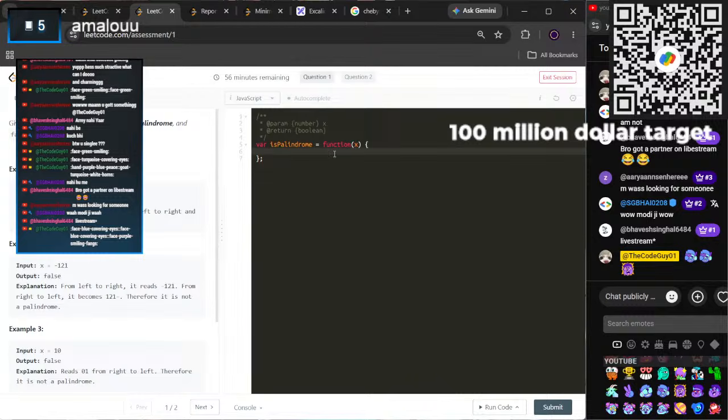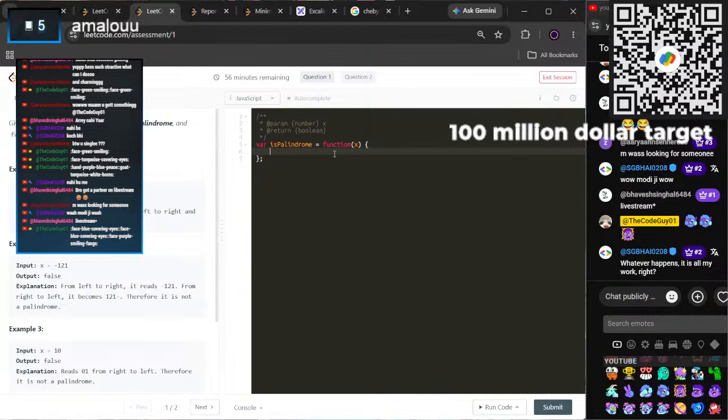माइनस का कैसे करूँगा ये सोच रहा हूँ मैं, क्योंकि इसको पैलिंड्रोम करना रिवर्स करने के लिए तो हो जाएगा।